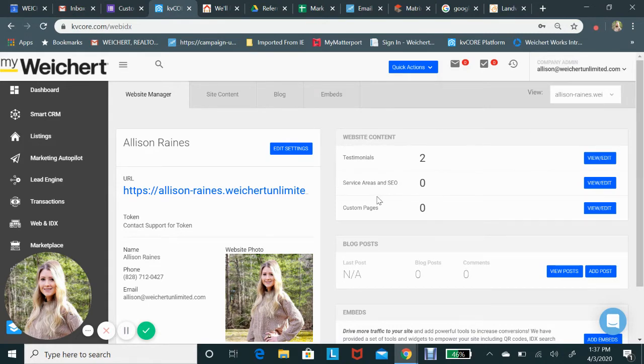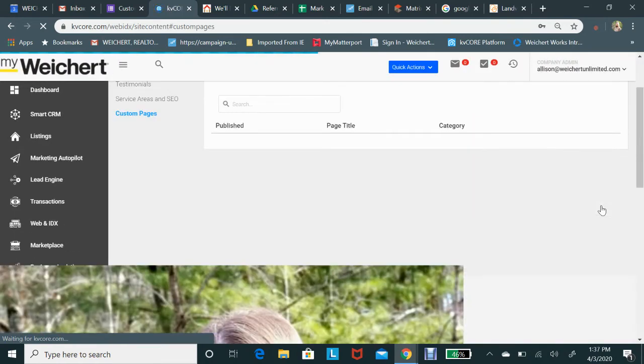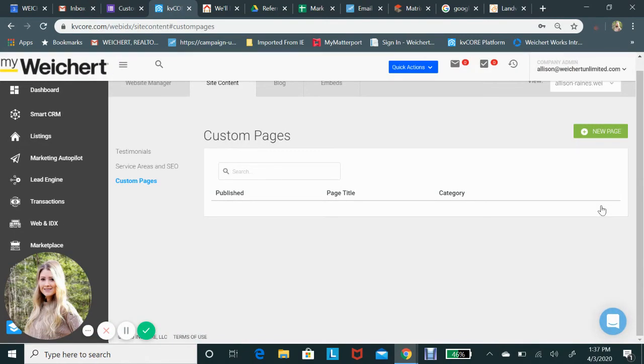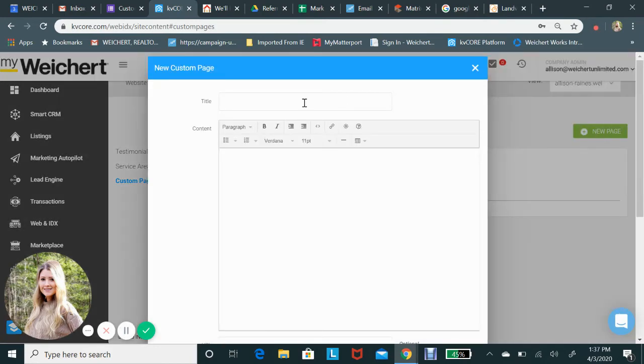You can put your service area, but what we're going to do with the Google Forms link is actually add that to custom pages. So we're going to go and click on that, View Edit. And setting up a custom page is super simple. You can make it pretty complex if you like, or once people click on that link to your page, you can have them directed to another URL, which is what we're going to do with Google Forms. So once you click on custom pages, if you don't see any here, that means you don't have any yet. So we're going to click on New Page, and we are going to title this